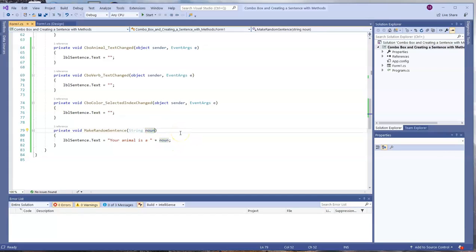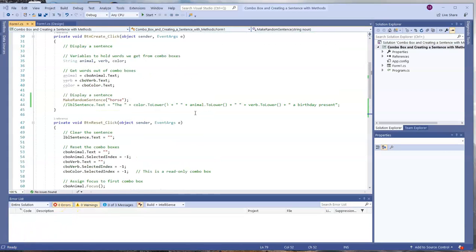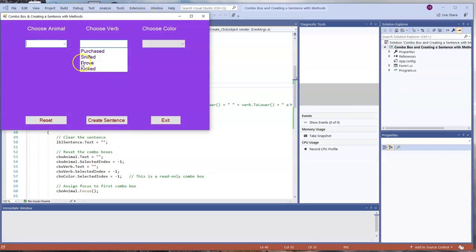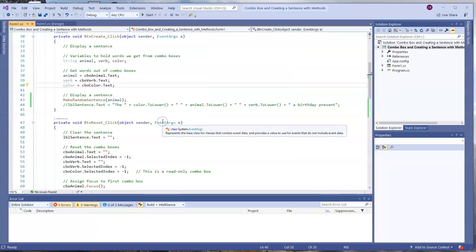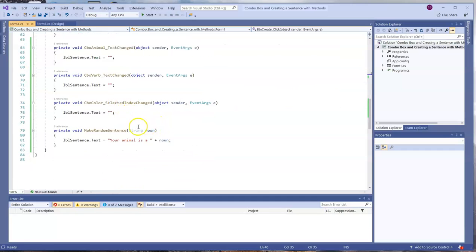Of course, we have the potential for several animals. They're sitting in a combo box, and in fact, they're going into the variable animal. So I'll take the string literal horse, it was literally there in quotation marks, and now we'll go with a variable animal, which will be something that the users selected or typed into that combo box. Oh, your animal is a dog. If we select zebra, your animal is a zebra. If I type in lion, your animal is a lion. Whatever was in the combo box went into the variable animal, and that argument was sent down to the parameter parking spot where the